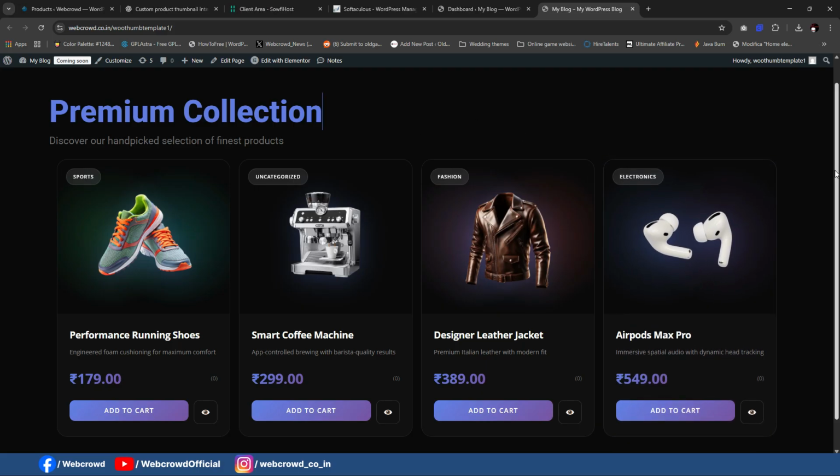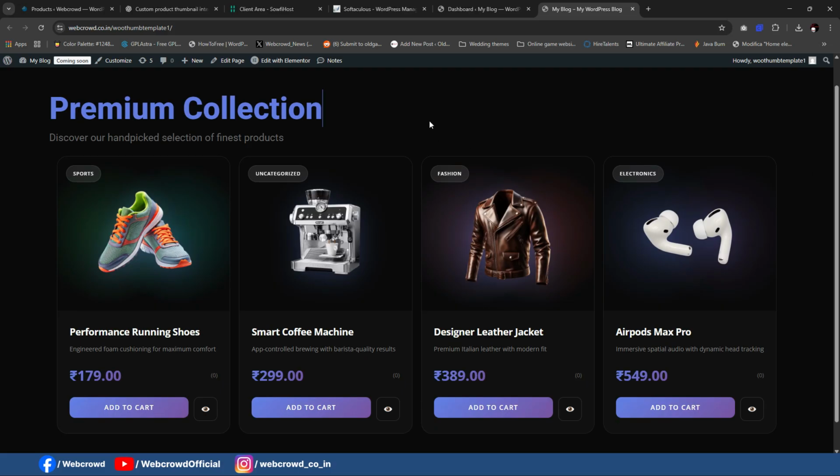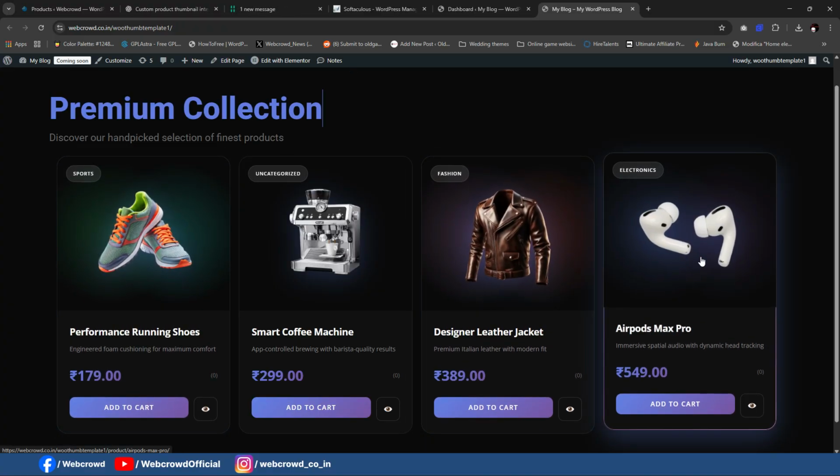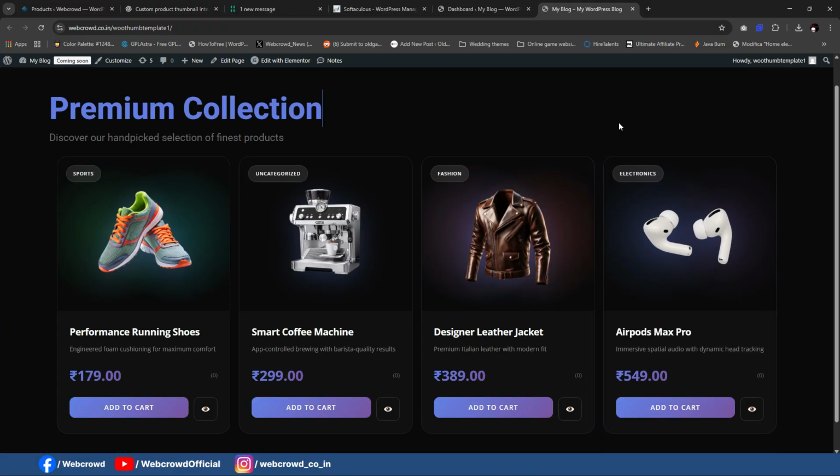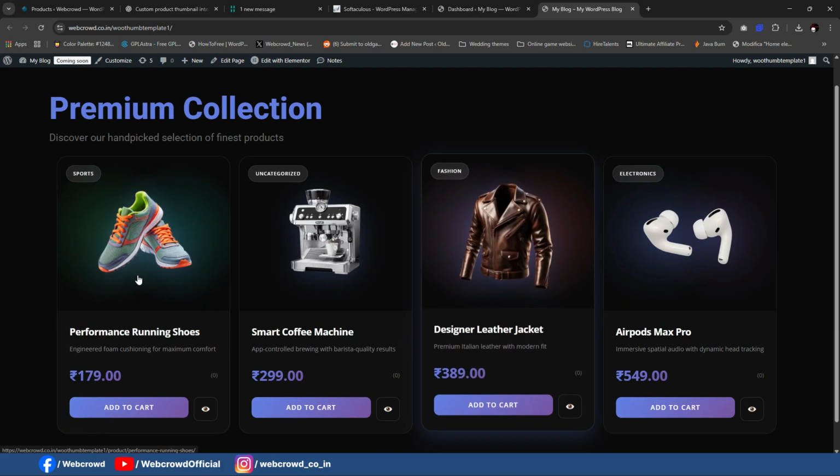So what we are going to do here is simply create a child theme. First you need the WooCommerce plugin installed in your WordPress and a basic theme like OceanWP, Astra, etc. Then create the child theme, and we will override the WooCommerce template by creating a similar template in the child theme, and we'll put our code, and you will have this type of WooCommerce card design,